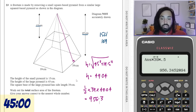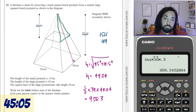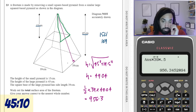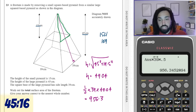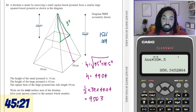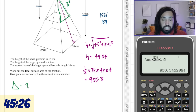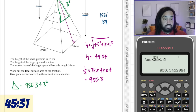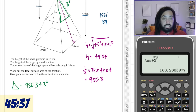Okay, but we need to take away this green triangle. Now again, it's a similar shape, so all the sides differ by a factor of 3. So the area will differ by a factor of 3 squared. So that's the area scale factor. So if I want to find the green triangle, then I just need to do the larger one divided by 3 squared. So I'll just do divided by 3 squared. So that gives us